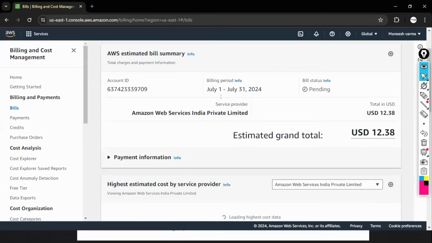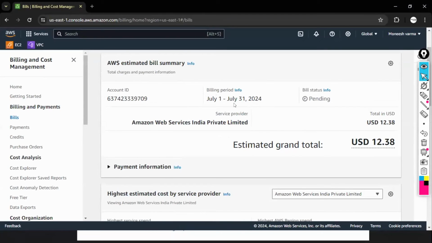This is the bill for the current month, July 1st to July 31st. Still the July month is running. Today's date is July 8th. For the last 8 days in July, I got around $12 billing.